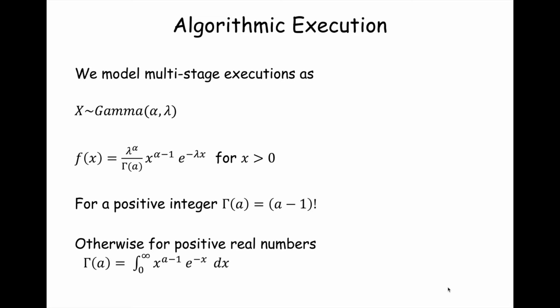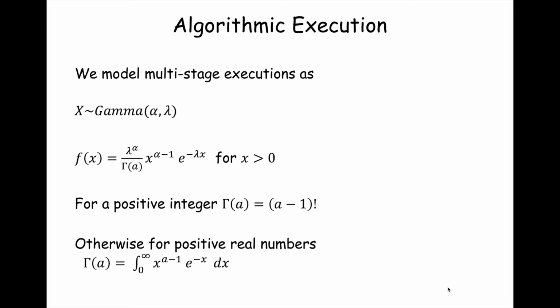If you give the gamma function a real number, and that's not our concern here because alpha is always an integer for this multi-stage execution. There's no such thing as step 1.3, right? That doesn't happen. It's always a whole number, step 1, step 2, step 3, so forth, a positive integer. So while we're only concerned about gamma for positive integers, this alpha minus 1 factorial, we do have a definition for gamma if you give it a real number.